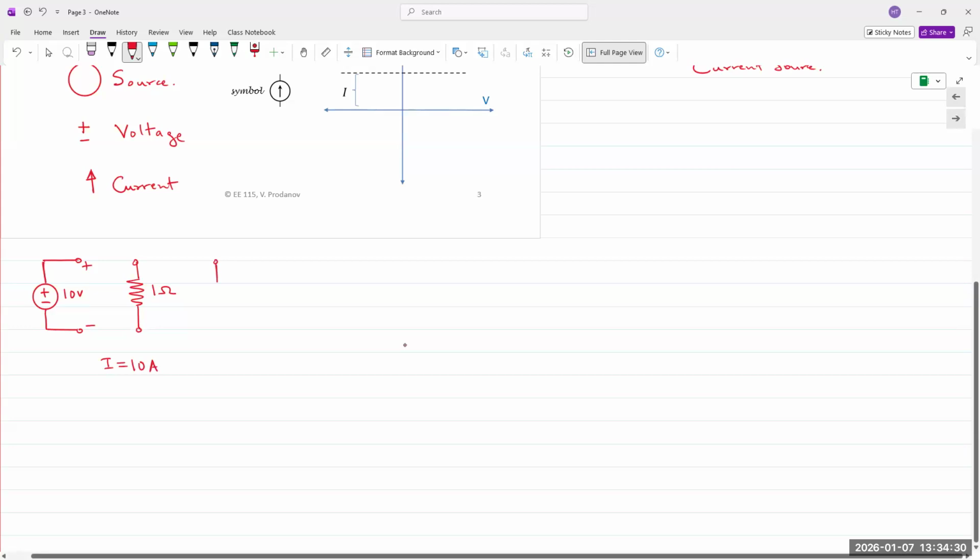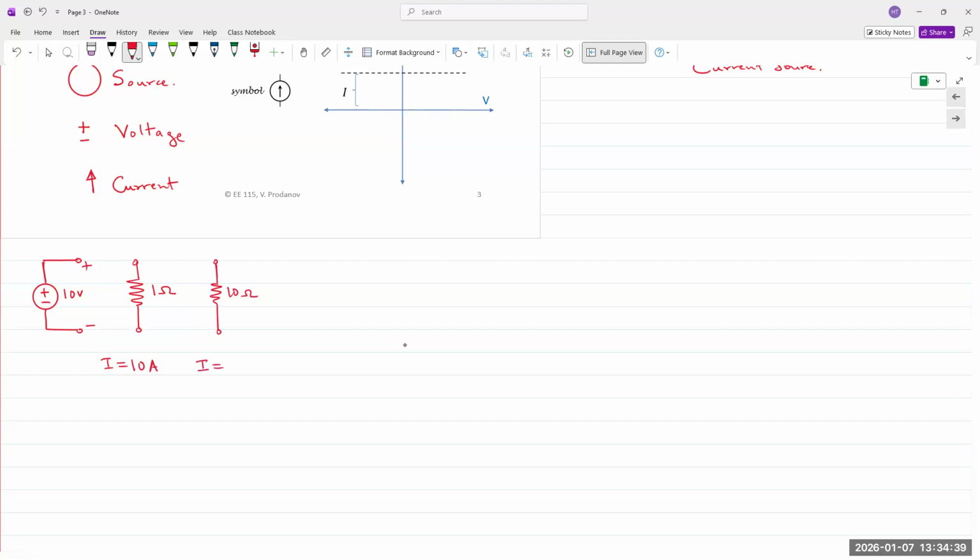Now let's say I connect a 10 ohm resistor. What is my current now? 1 amp, right? V equals IR, so 1 amp. What is the difference in voltage between the first resistor and the second? They're the same, no change. They're constant. So in constant voltage mode, the power supply unit will keep the voltage constant, but it will change